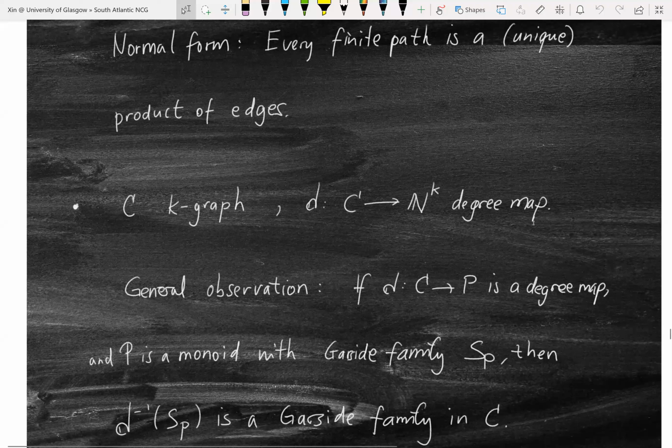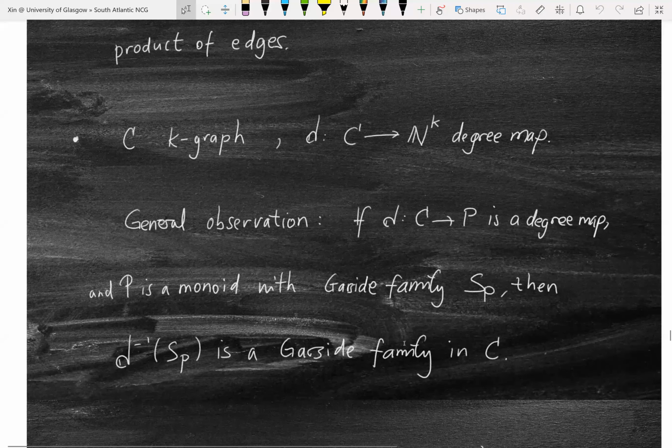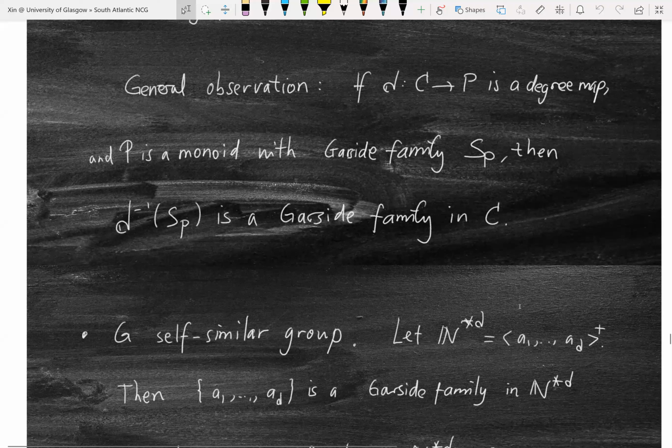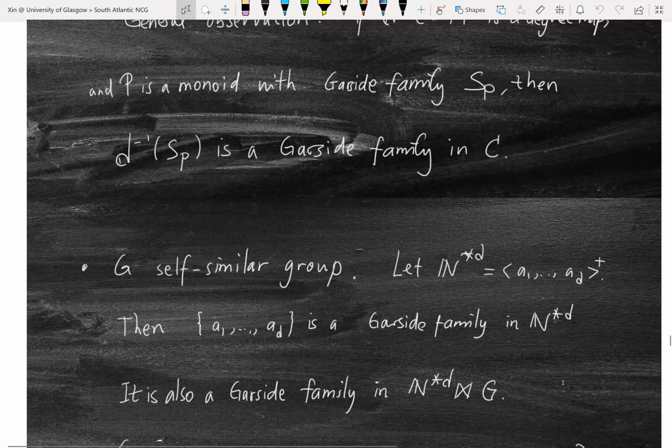There's another general observation explaining the self-similar groups, which is: if you have a self-similar group, then one part of that Zappa-Szép product we formed was this free monoid. And for the free monoid, as I explained, there's a canonical Garside family. Just take the generators. And then it turns out that in this case, the same set viewed now in this bigger monoid is again a Garside family for the bigger thing. And the reason for that is,